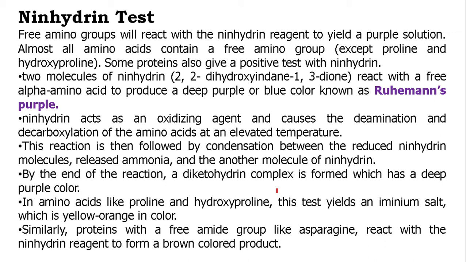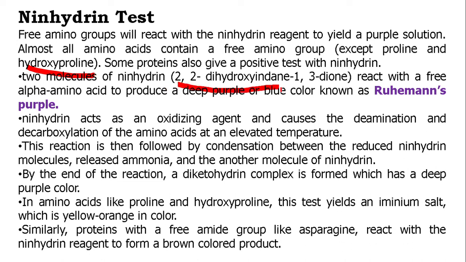And ninhydrin test, a famous test, and frequently we are using in our laboratory because we have ninhydrin test for the identification of amino acids in your syllabus. The advantage is that ninhydrin will give a positive result with any amino acid, of course, except hydroxyproline, etc. Otherwise, most of the amino acids in our laboratory will give a positive test with the ninhydrin reagent. And also, it can be used as a test for proteins. Ninhydrin can be used as a test for proteins as well.